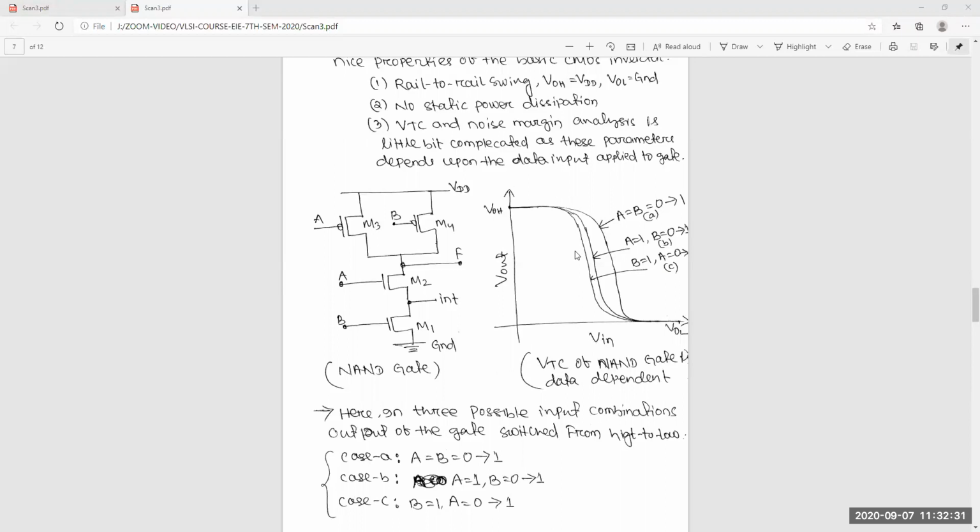Actually, we have not done any reference here, but you can calculate according to the reference. If you compare this with the inverter, then you can predict what the noise margin will be, because whatever size we have taken here is according to the inverter. If we take the PMOS size as 3 times, or 2.94 times, the NMOS, then the inverter noise margin will be exactly symmetrical. Similarly, you can compare with that inverter.